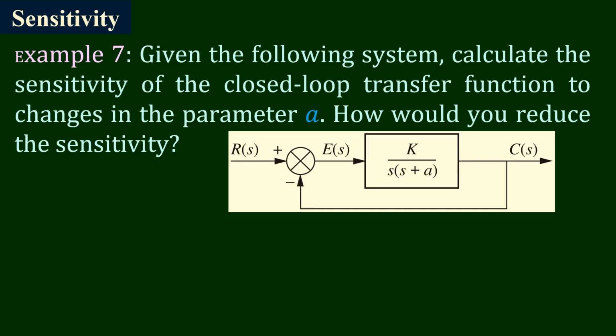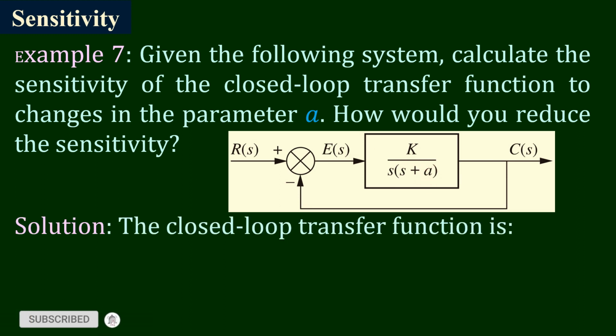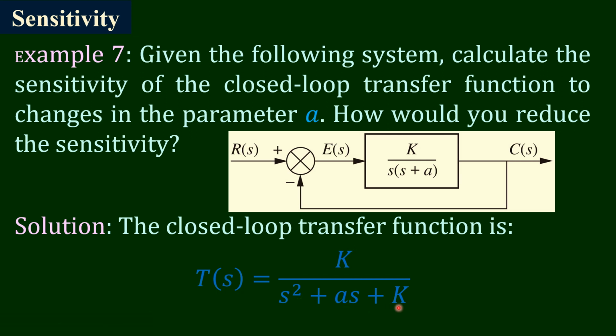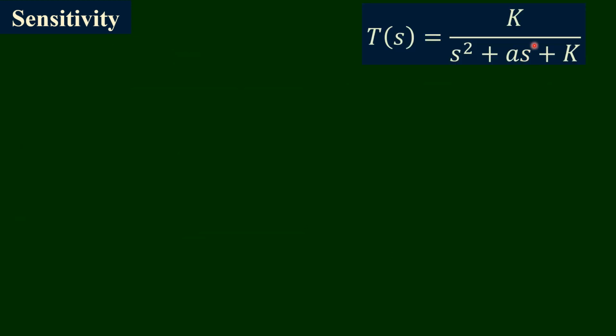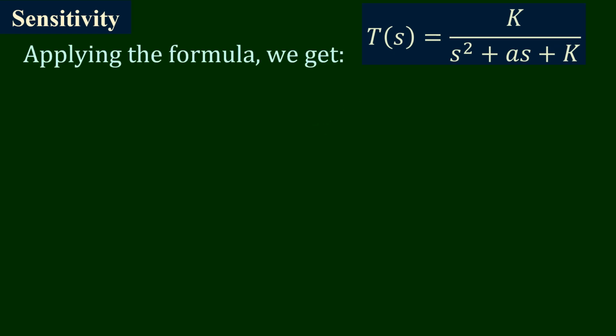Here we will discuss an example, in which we want to see how the closed loop transfer function is affected whenever there is a small change in parameter a. The closed loop transfer function, of course, we can calculate: T of S is equal to K upon S square plus AS plus K. So the closed loop can be written like this. Then by definition we know that